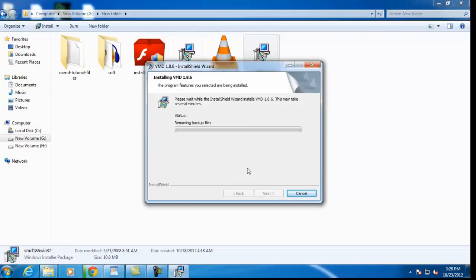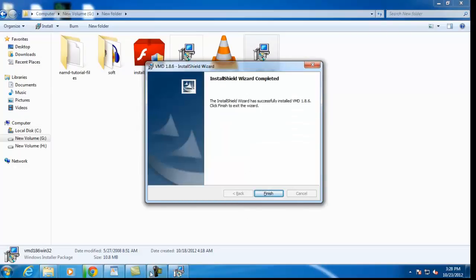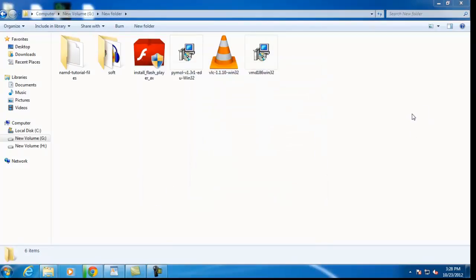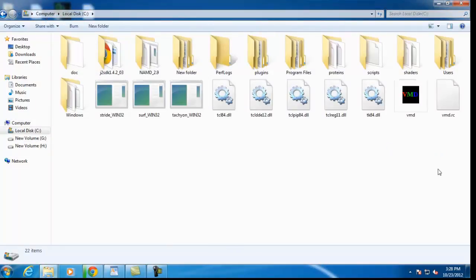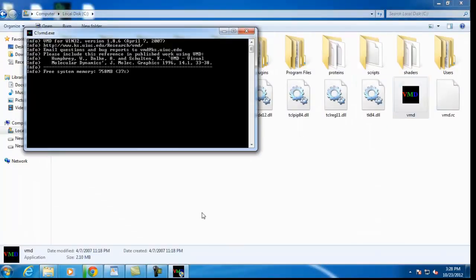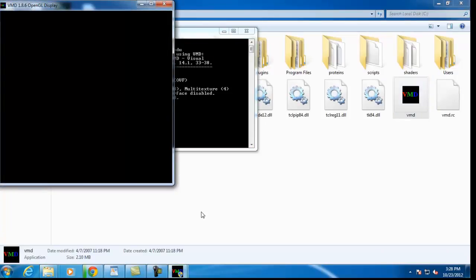Once the software gets installed, you need to download the NAMD tutorial files which are on the site. You need to download those files and paste them in the NAMD folder directly in the C drive.